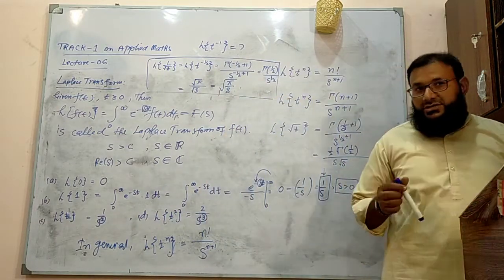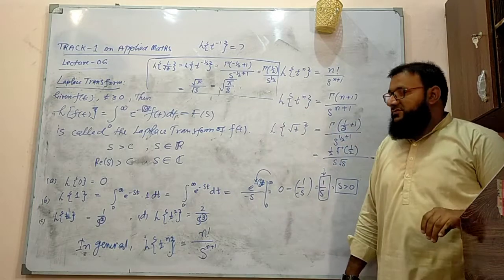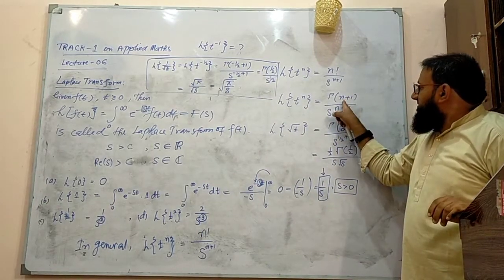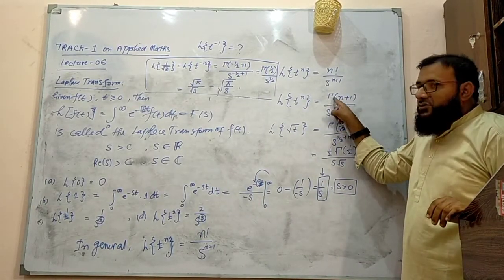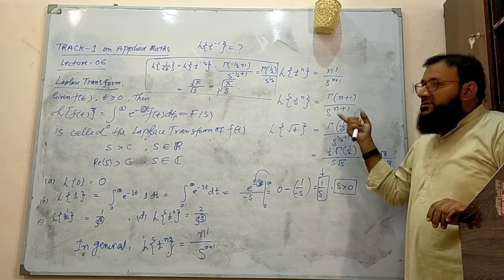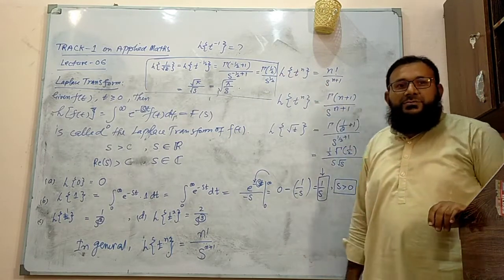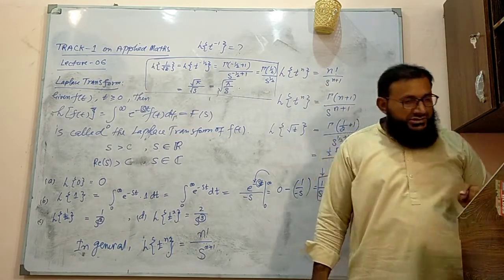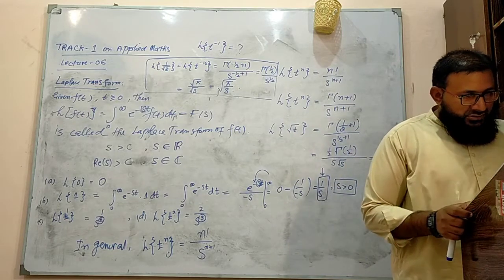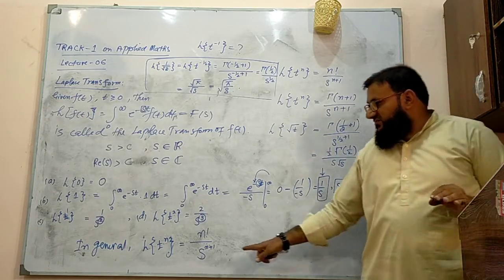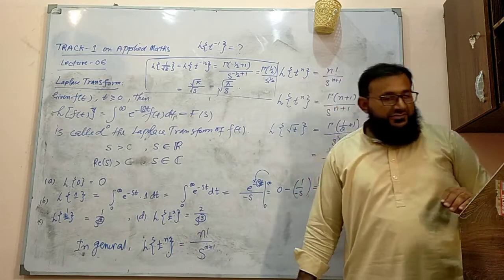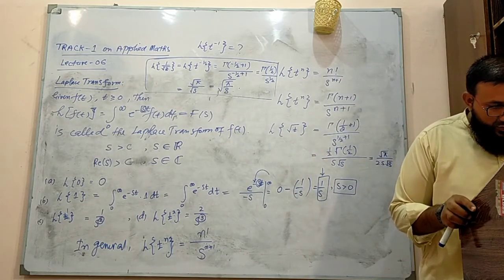T power minus 1. You can cover this one. Because minus 1 plus 1 is 0, gamma of 0 is undefined. So the Laplace transform of t power minus 1 is not defined. Okay, now we have the Laplace transform of some polynomial functions, and now we are going to discuss